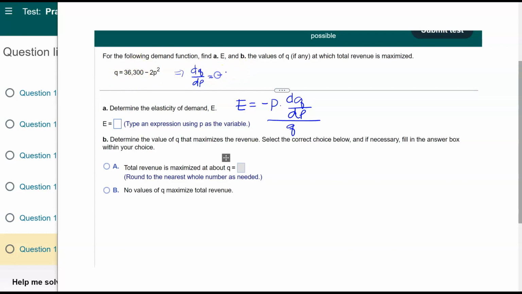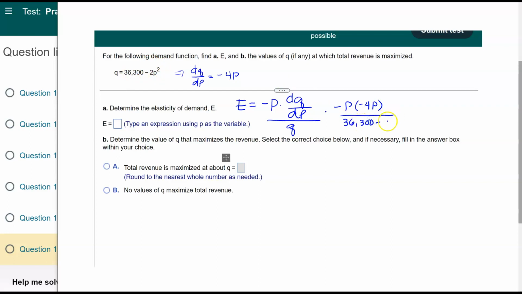So that is just negative 4p. Negative 4p. So you have negative p times negative 4p divided by your Q is